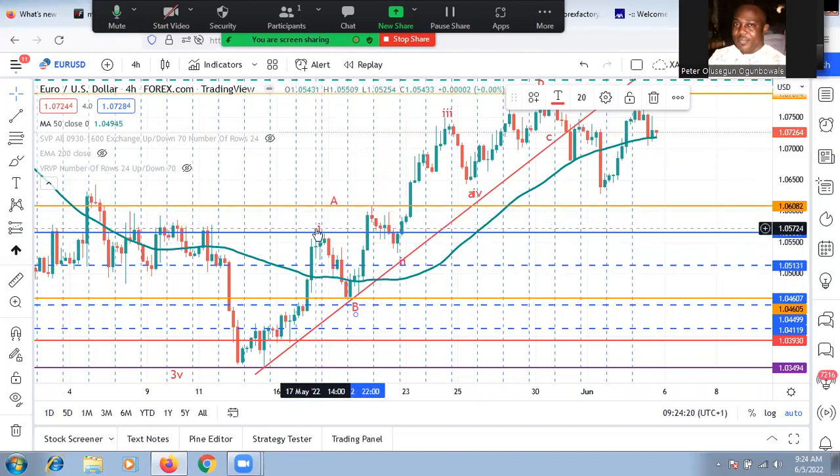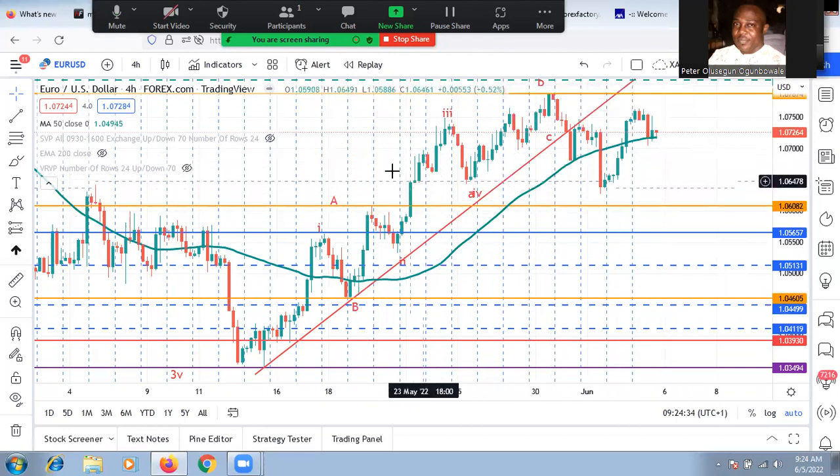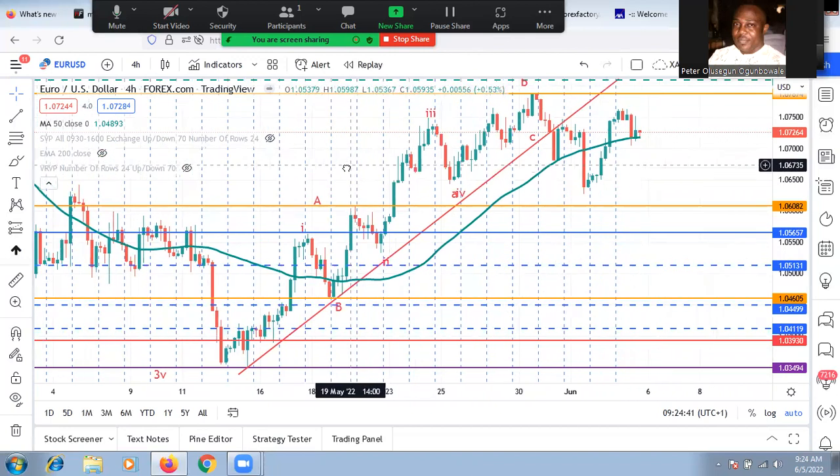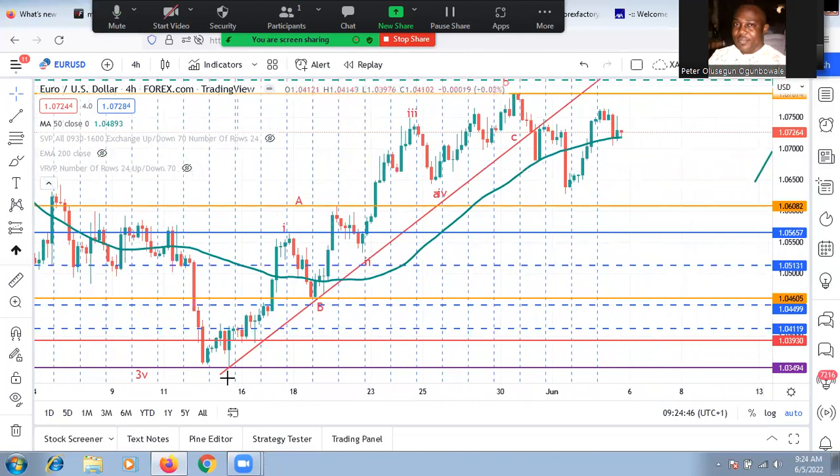So the middle bridge is a triad, which is 1, 2, and 3 to finish. So the high and the low point of it is the bridge, and we now have the last leg. Okay, so that is what it is. And if it's a zigzag structure, then it's nothing but a zigzag structure to the upside, which means this one has run like a 5-wave structure, and this one is a flat, which is the bridge. So you should expect that the bridge in the middle that we are seeing is going to also work like this on the much bigger time frame, maybe on the daily time frame,